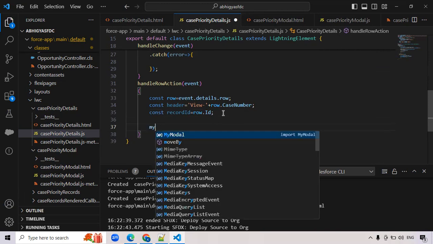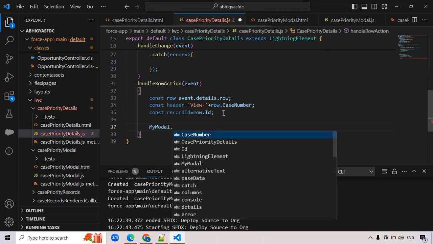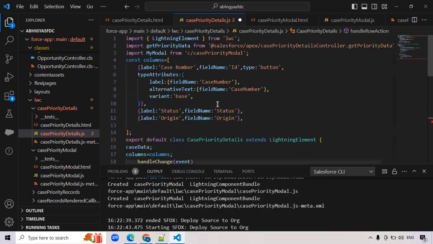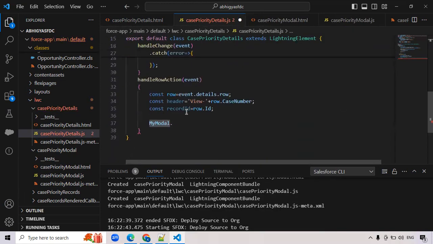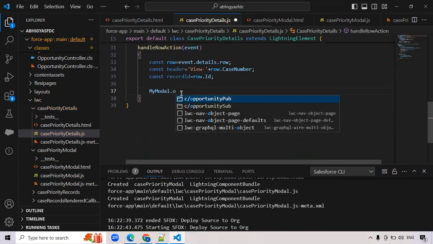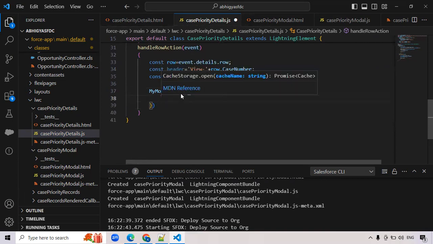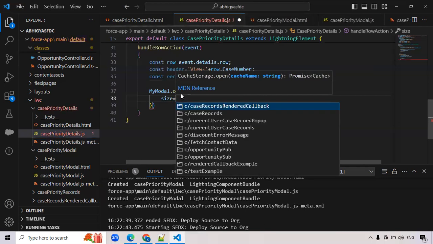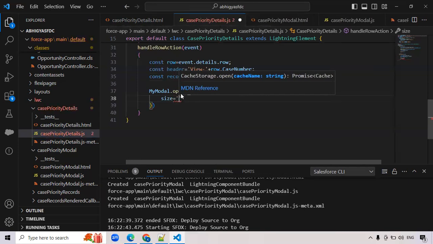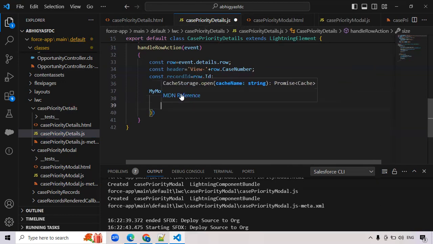So here, how are we going to call our pop-up? So here my model dot. What we have taken here is my model, right? Both are capital letters. My model dot open. This is the standard method open. In this we have to pass the size, whether small, big or larger pop-up size, that we are going to define here. So I'm giving small, and here we have to define the header, right? This header